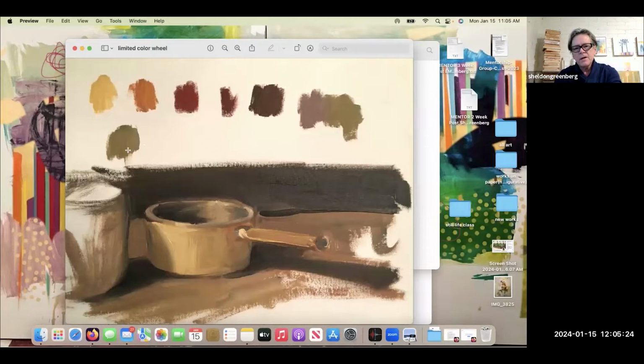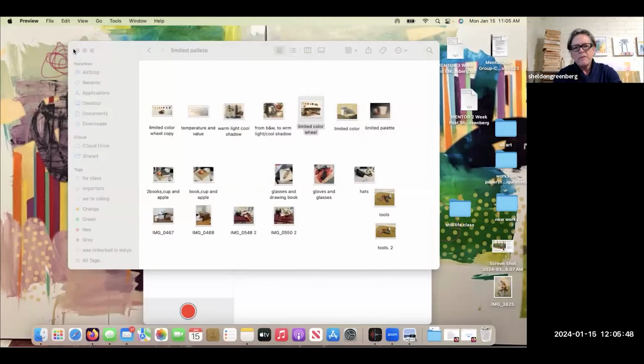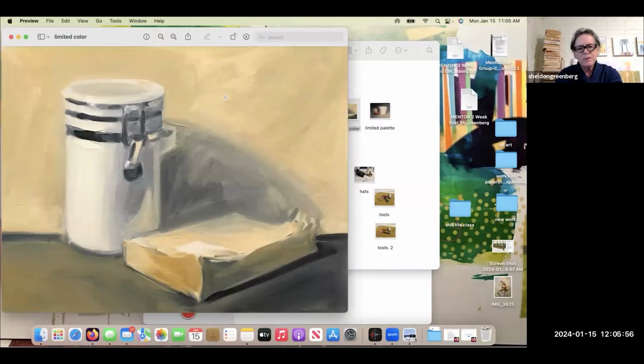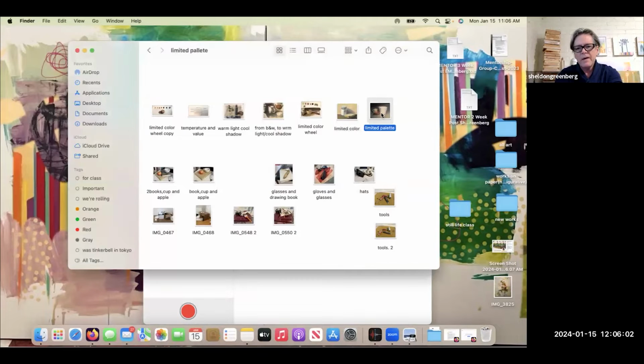The idea is using the values with black and white to create the variation. As you can see, this is one of my demos, just taking this color palette and creating a lot of interesting things with this idea of limiting your colors. That's something I really emphasize a lot, because I think a lot of times people get too caught up in just throwing everything in the mix. Instead of doing that, really focus on limiting the color and value. It's another example, using that same color palette and really understanding the values and the color choices.